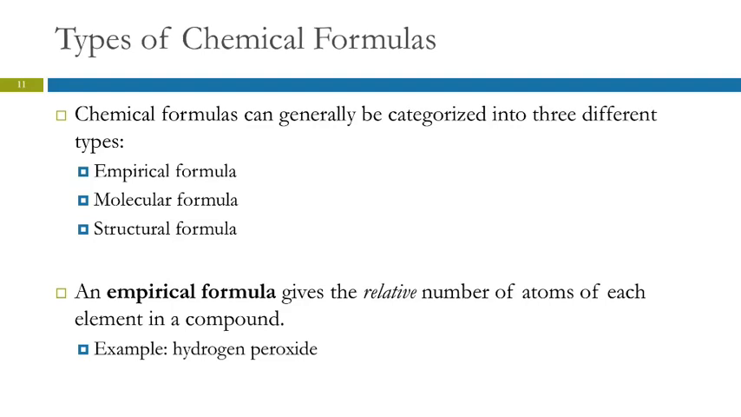Empirical is a word that means from experiment. Empirical formulas are derived from experimental data. They give the relative numbers of atoms of each element in a compound. They don't necessarily tell us how many atoms are in a molecule, but they just give us relative numbers. So the example here is hydrogen peroxide. So hydrogen peroxide molecules,